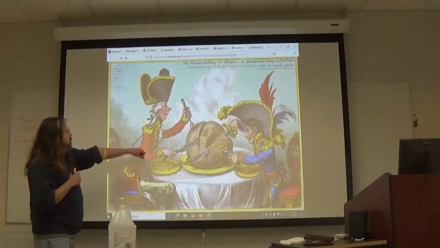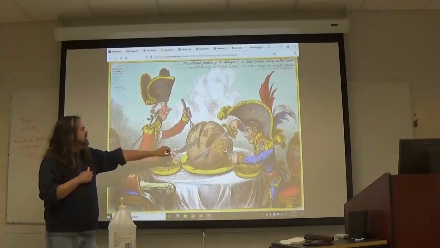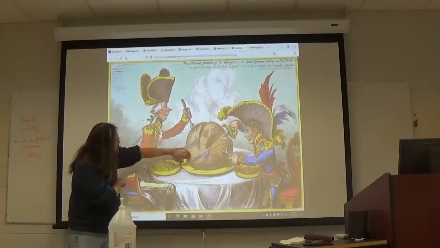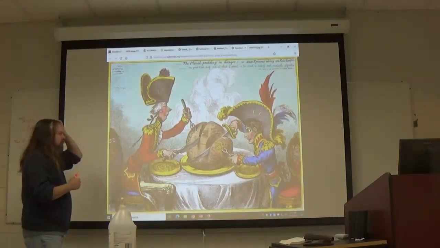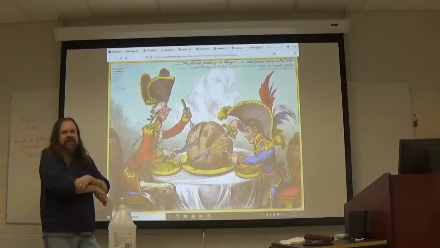And what do we notice about what's being carved here, about how they're doing the carving? Well, who's actually taking, what's that? He's taking half the damn globe. Yeah, William Pitt is taking the entire Western Hemisphere, right? Where Napoleon is just solely focused here on Europe, right? He's just taking that little slice out.